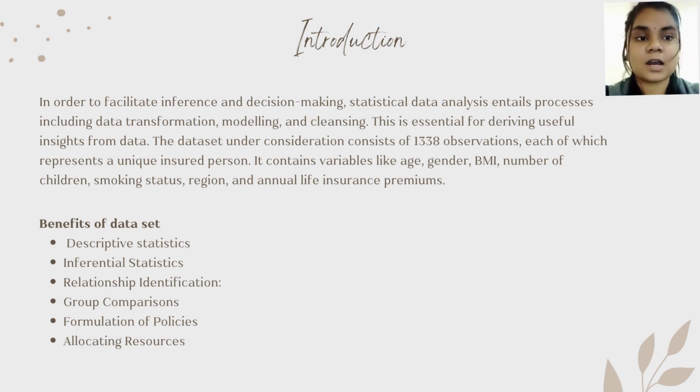The dataset under consideration consists of 1,338 observations, each of which represents a unique insured person. It contains variables like age, gender, BMI, number of children, smoking status, region, and annual life insurance premiums. Accordingly, the dataset provides many types of benefits such as descriptive statistics, inferential statistics, relationship identification, group comparisons, formulation of policies,